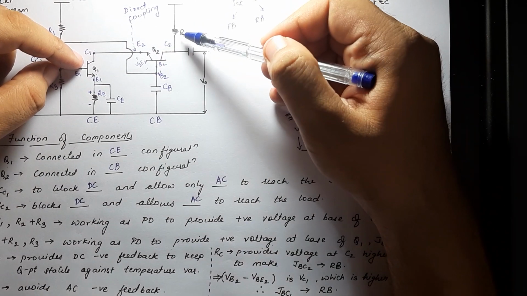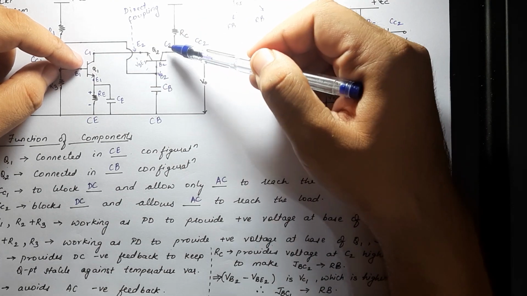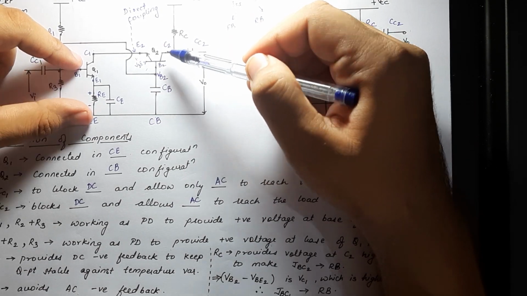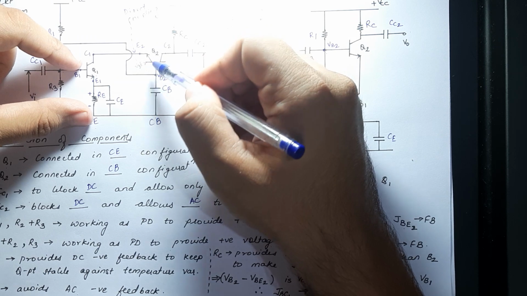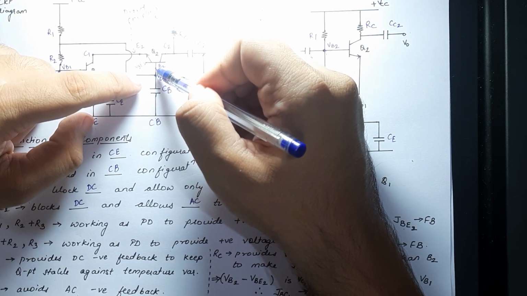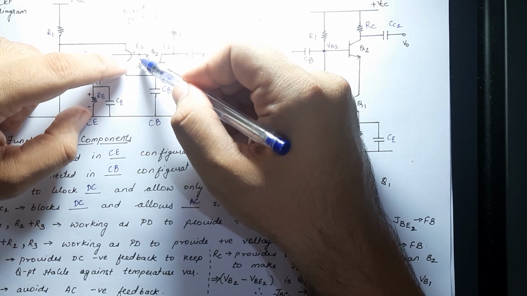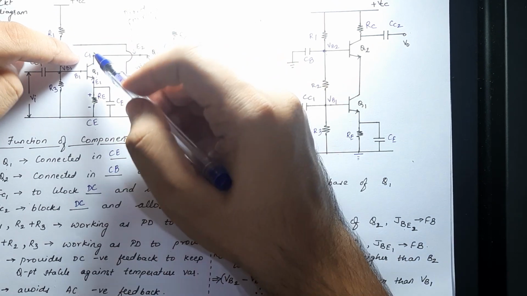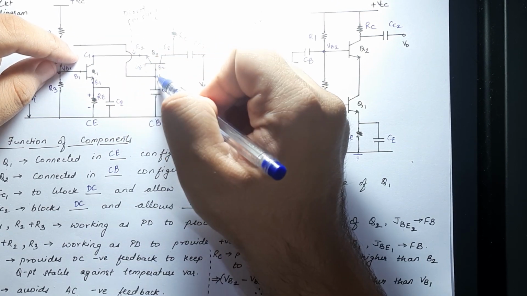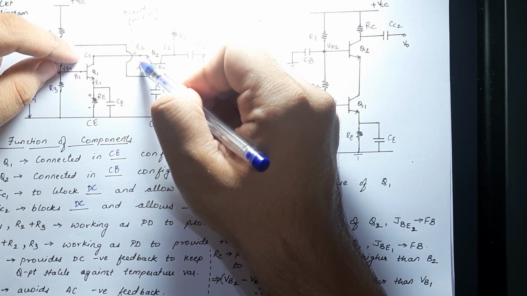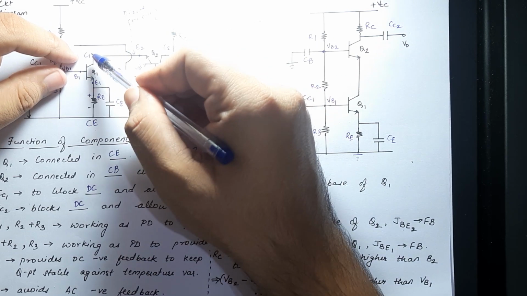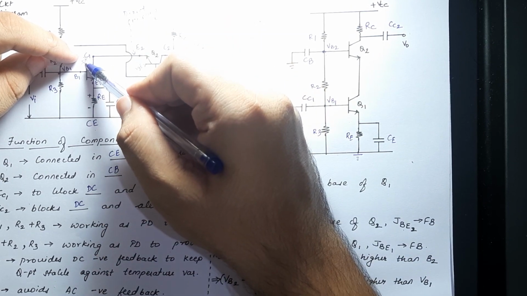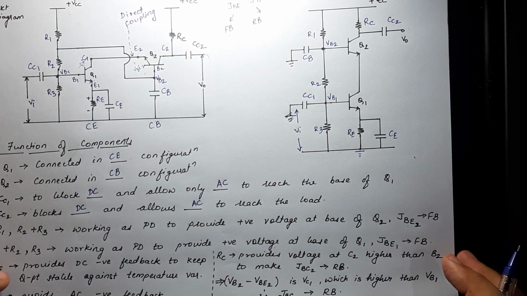I'll repeat the statement once again. RC is connected such that C2 is higher than B2. If the voltage at the collector is higher, then that junction becomes reverse biased. Similarly, VB2, that is the base voltage of transistor 2, minus VBE2 will give me VE2. VE2 is nothing but VC1. Hence, if VB2 minus VBE2 gives me a result which makes my VC1 higher than VB1, then of course the diode here will be reverse biased, which is all about the cascode amplifier.